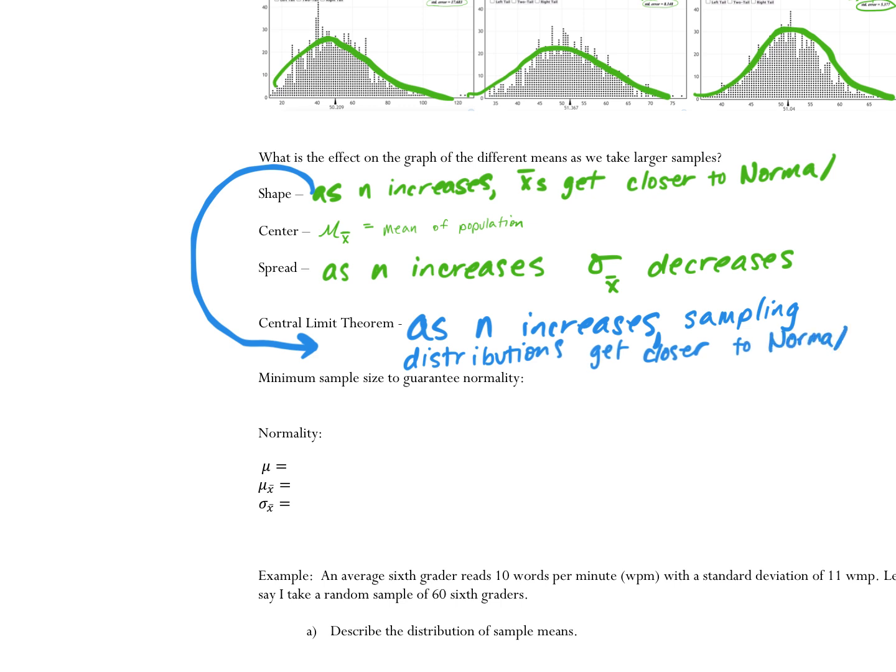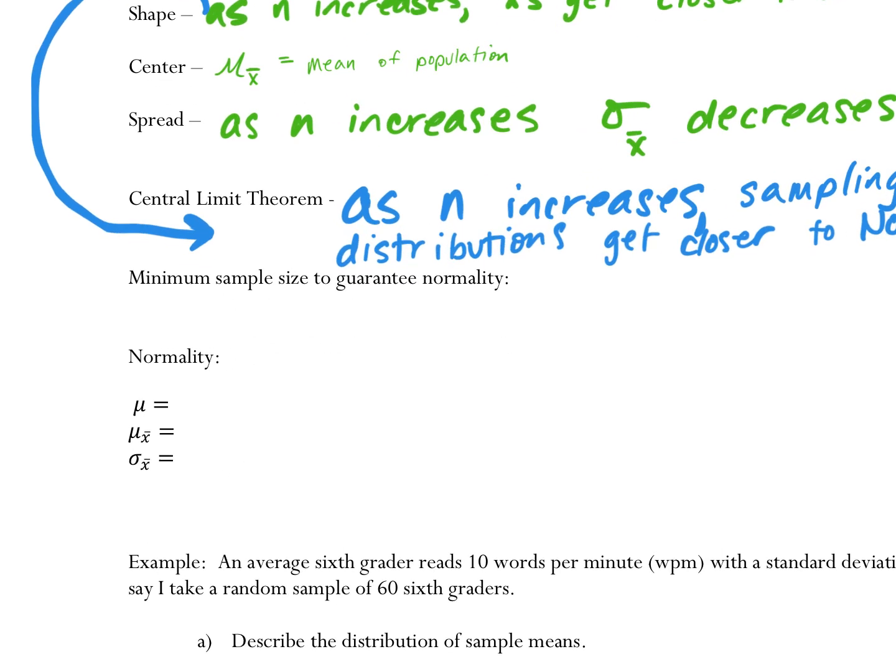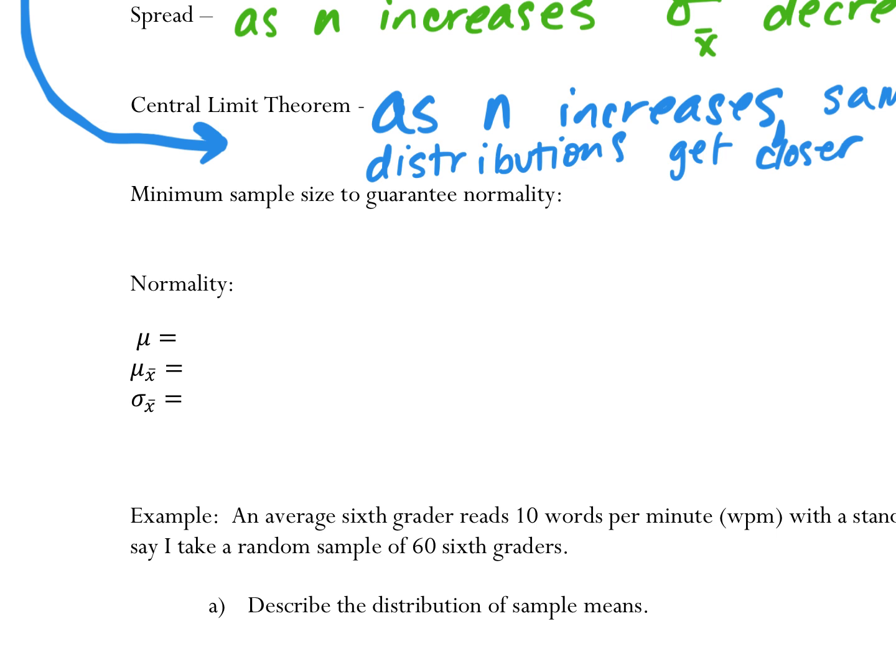Now, there are two situations in which my distribution of means, my sample means, is normal. Either if my sample size is big enough, we can say the sample means will be normal no matter what. And our general rule of thumb, this example notwithstanding, is as long as my sample size is greater than or equal to 30, we can assume X bars are normal.